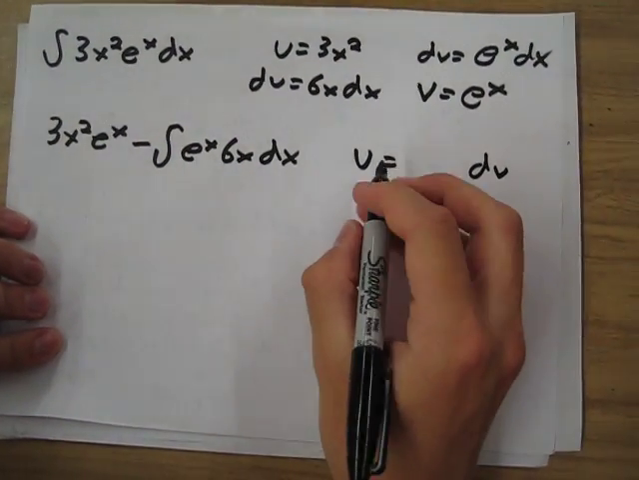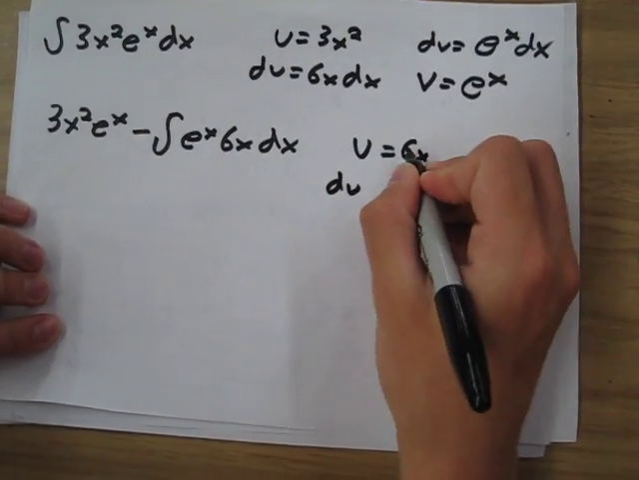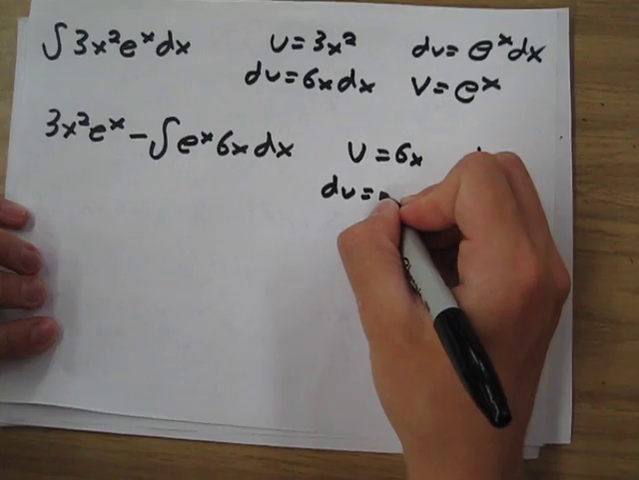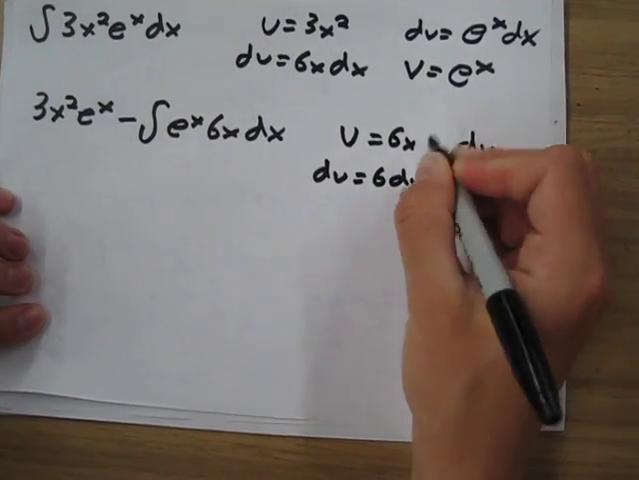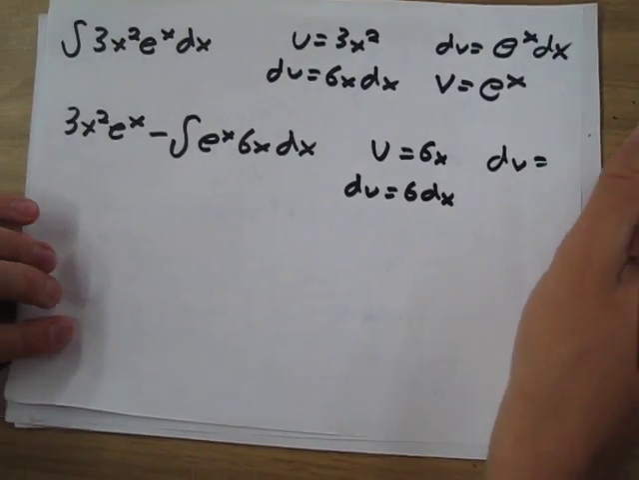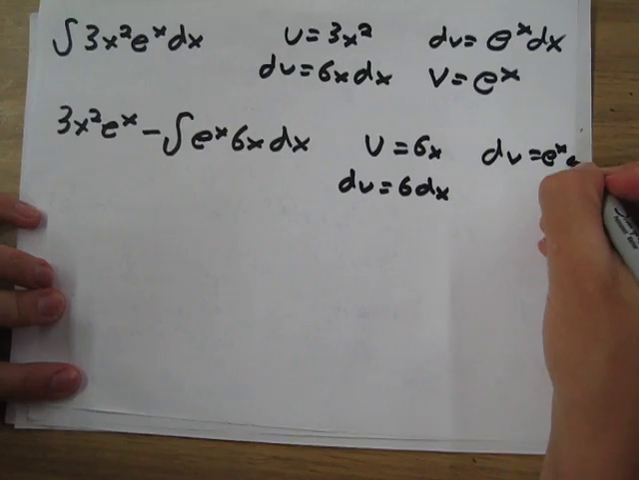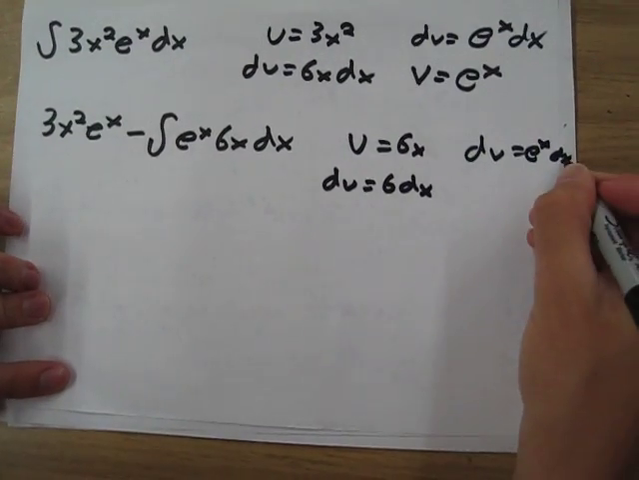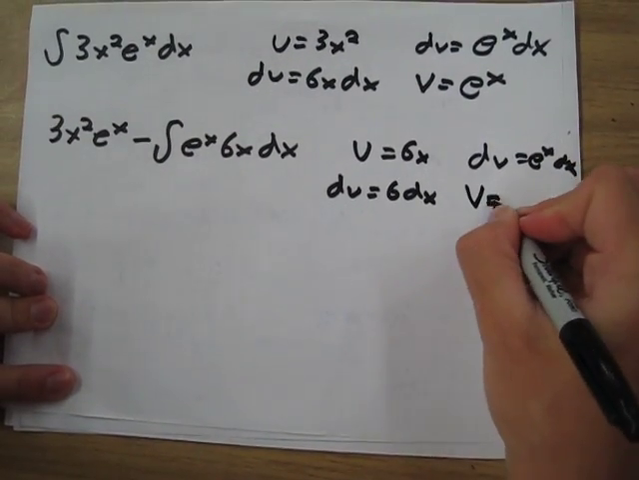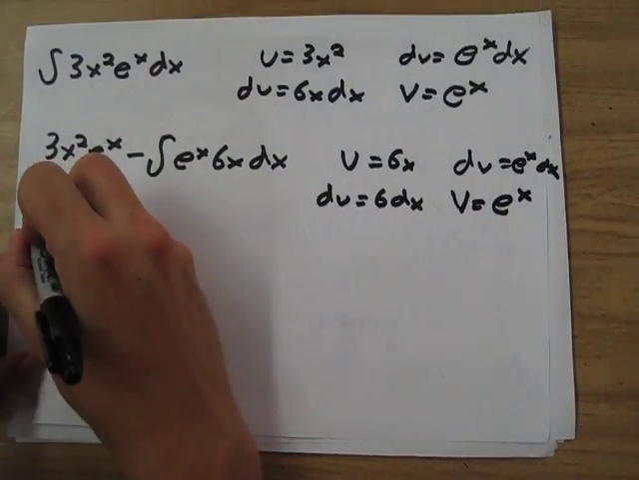So we're going to find our u value is going to be 6x, which would make our du the derivative of 6x, just 6 dx. It's always good to be making things smaller. Getting rid of x's is a sign that you picked the right values. So our dv is once again going to be e to the x dx. Then the integral of e to the x dx, our v value, is going to be e to the x. So now we're left with